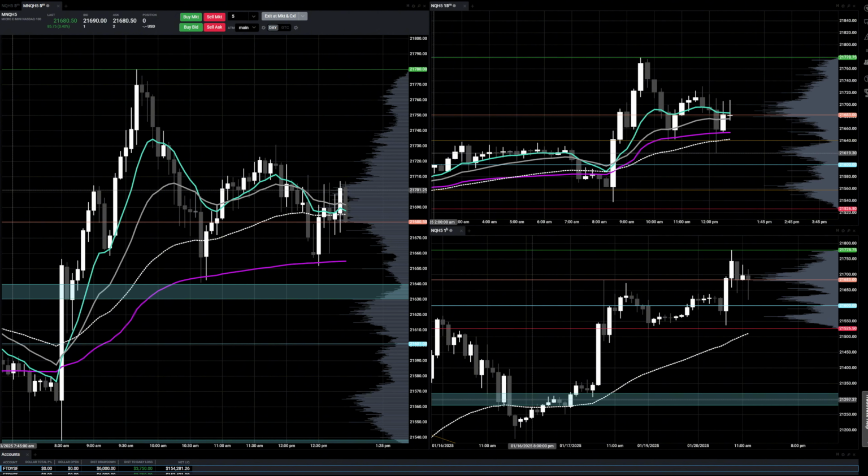If it reclaims the level that I thought it was going to hold below, or if it breaks below a level that I thought it was going to hold above, I just simply exit my trade because the trade's invalidated. Previously, when I was not profitable and when I was not consistent, I would just hop into a trade